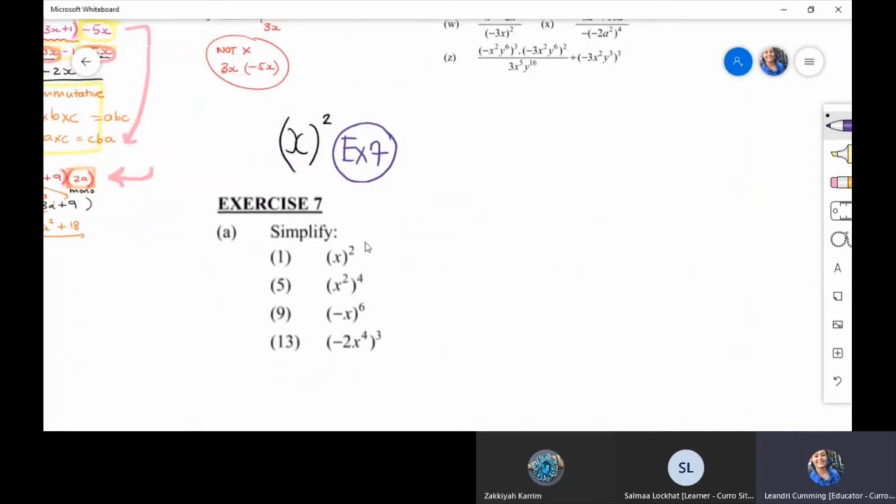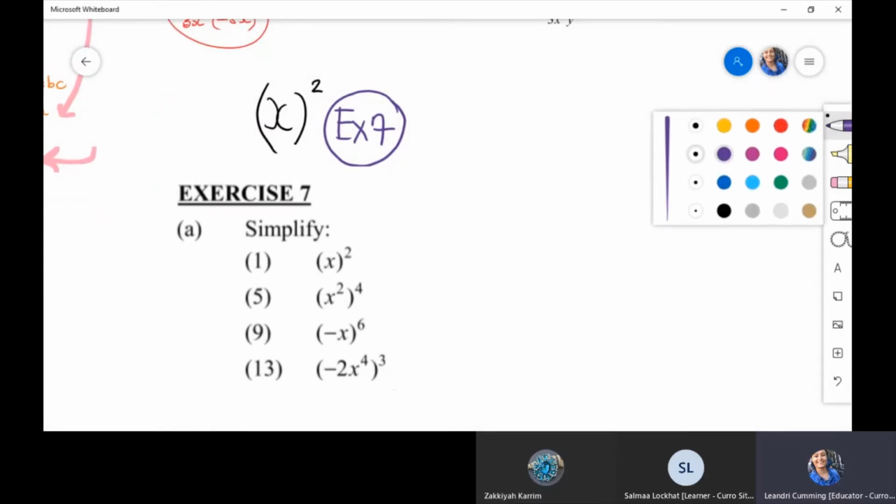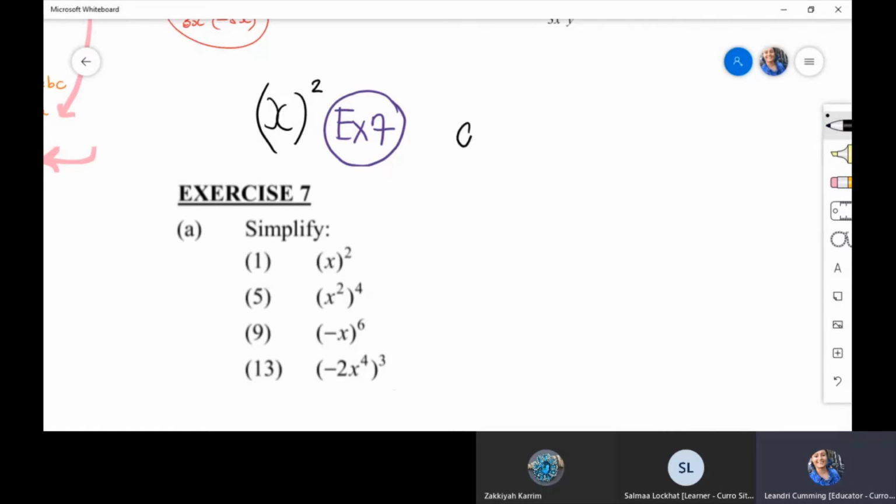Exercise 7 from our Mind Action series, chapter 6. So just to quickly, briefly recap that exponential law that this is all based on. The law states that a to the power of n, which is then to the power of m, results in the product of the powers. The product of the powers allows us to have a shortcut for something that could have been written